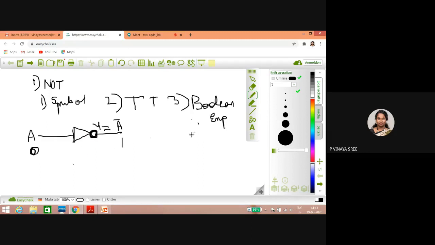In other gates also we will use this NOT gate. This is a basic one. Even in the other gates, when we discuss later, if you observe this bubble, that indicates that it internally uses the concept called NOT. Given an input A, you will get A complement. Given an A complement, you will get the output as A. So let us consider a buffer. If the same thing without